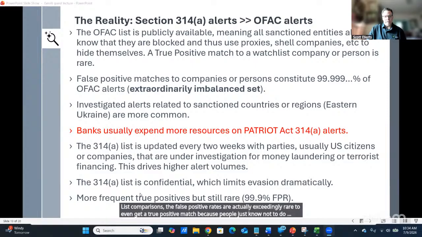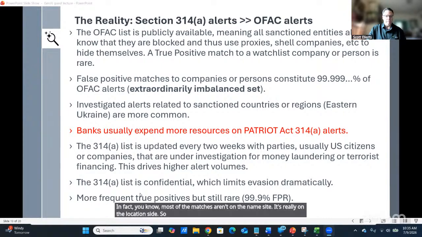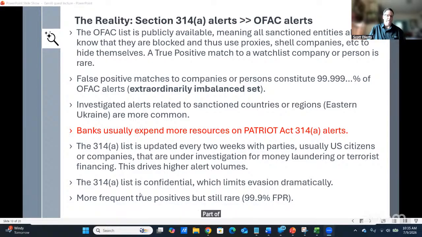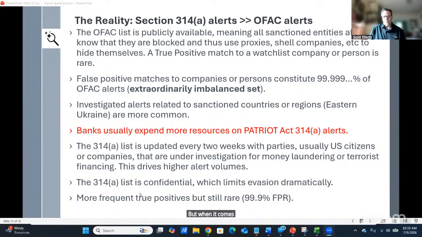In fact, most of the matches aren't on the name side, it's really on the location side. So, someone who's maybe logged in from a sanctioned country or region. Eastern Ukraine is particularly problematic because part of Ukraine is controlled by Russia, and it's oftentimes hard to tell which side of the line someone's on. But when it comes to where the meat of the problem is for banks, it tends to be more with